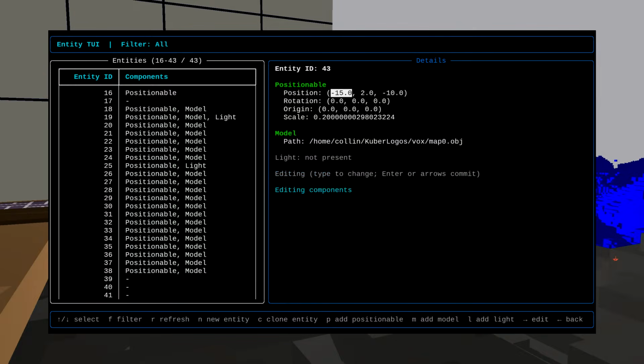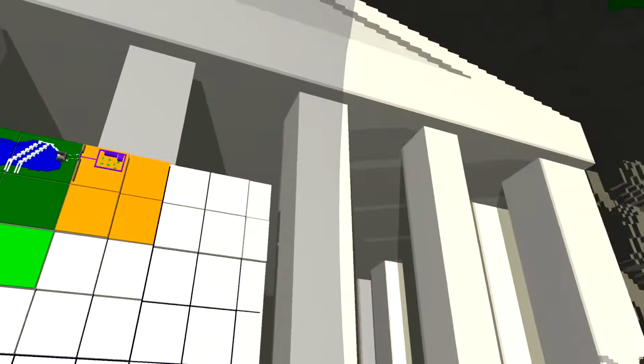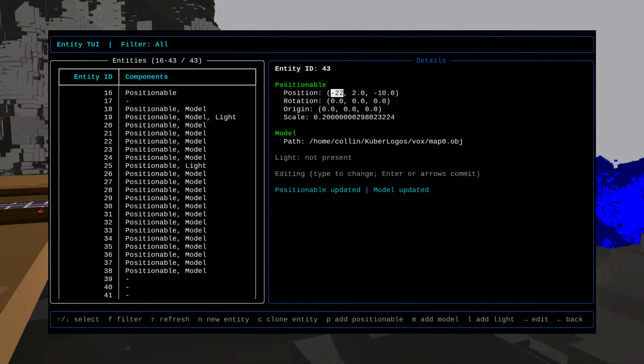To push it into the temple, I just probably subtract like 7 from the X. So that'd be -22. I do not intend to put it on the very front of the temple. That is pretty ugly. It needs to go inside, so -27 perhaps,